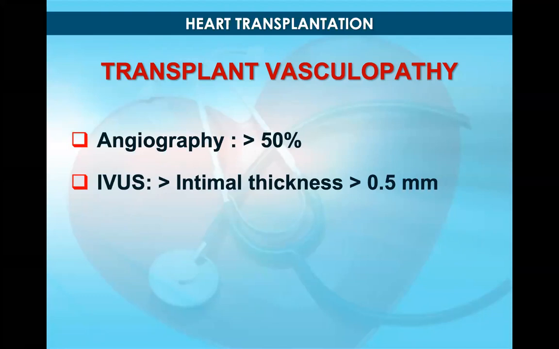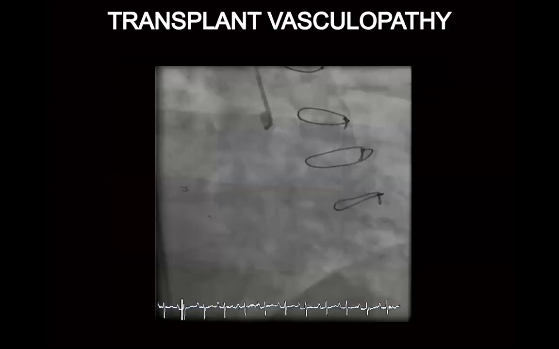In transplant vasculopathy, we really need to do coronary angiogram. Not a lot of people or centers do the coronary angiogram to follow up these patients, especially after being transplanted for so many years. But if you do them and you suspect something, do an IVUS, a pressure wire, to measure the intimal thickness, and that will confirm the vasculopathy.